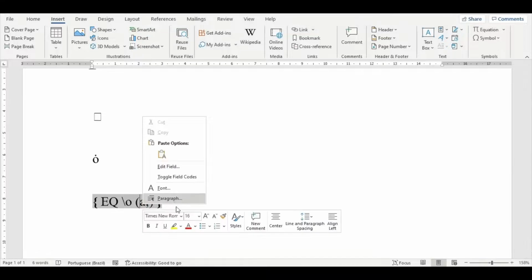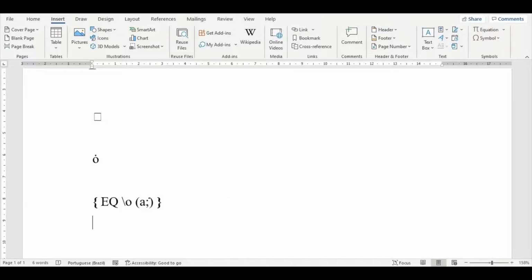Also, to do another example, for example, writing a macron above the letter A, all we gotta do is use Control F9, write down EQ from equation, space, backslash O, followed by parentheses, which we can use the command. In this case, it's 0304, Alt X, and closing the parentheses,